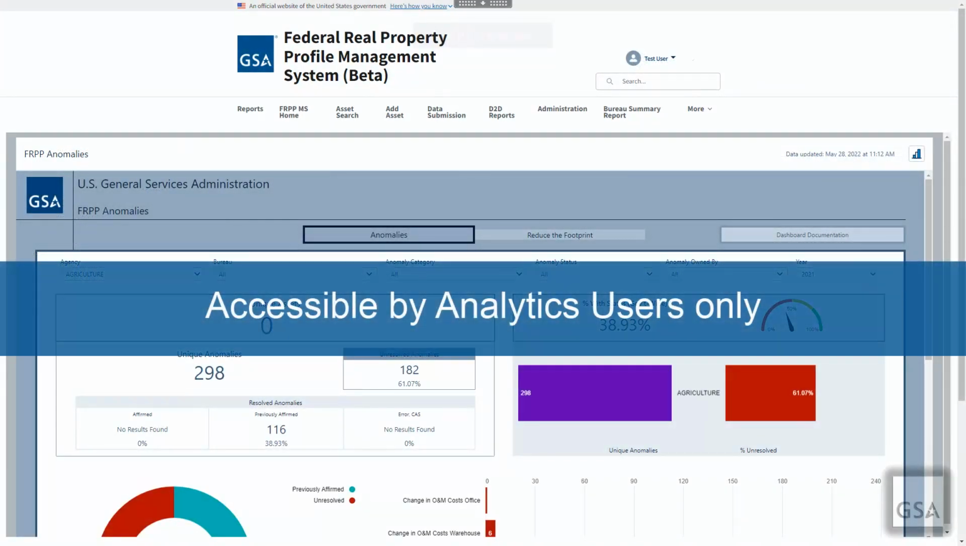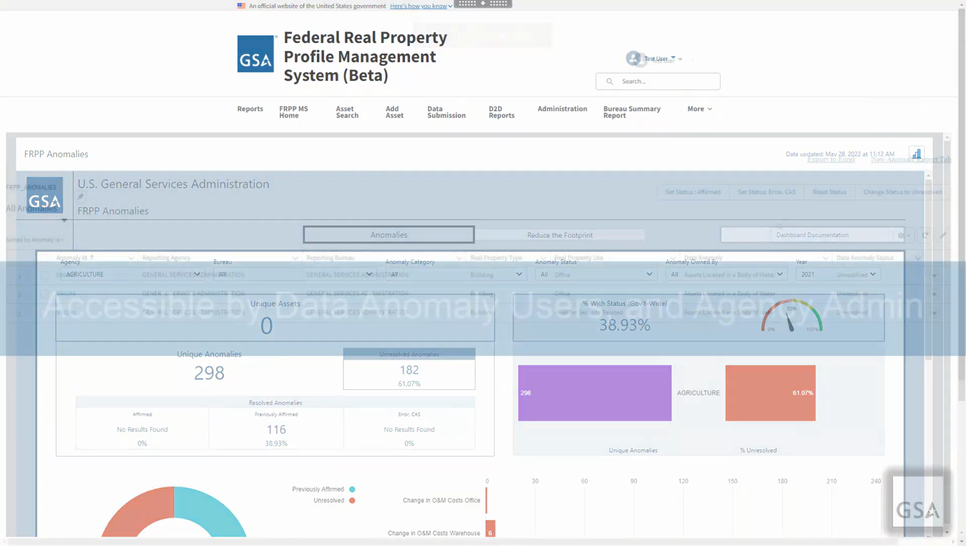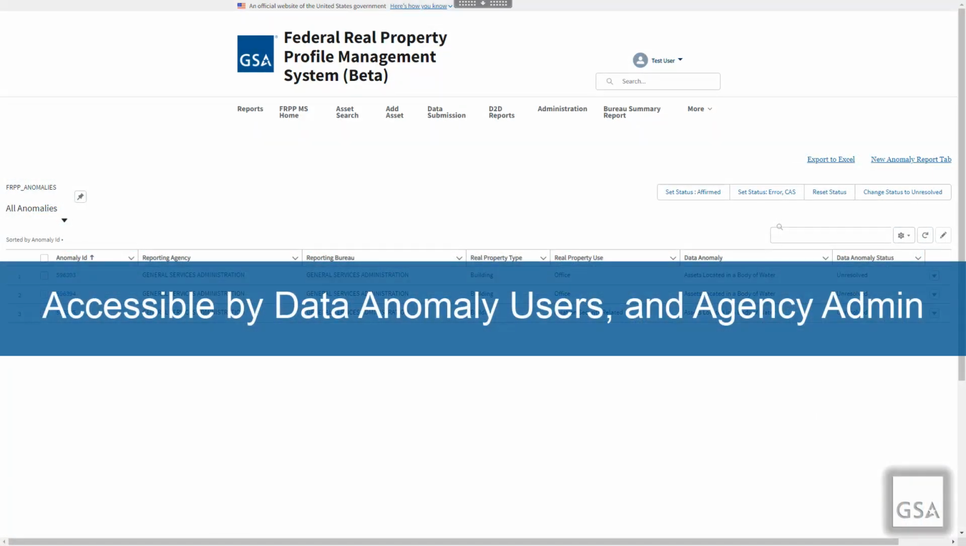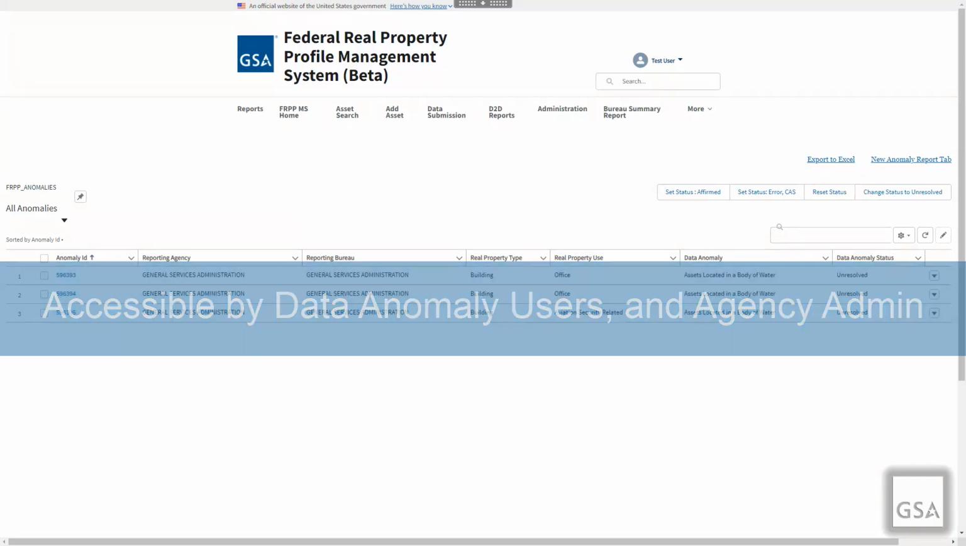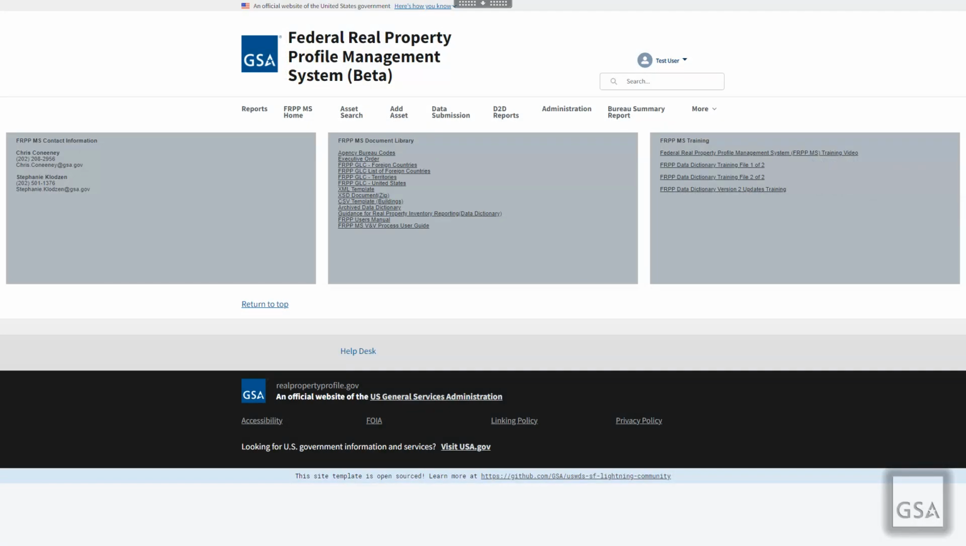The Dashboards tab is accessible to analytics users only and presents a data-rich analysis of your agency data anomalies as well as the Reduce the Footprint detailed summary. The Anomaly V&V tab is accessible by data anomaly users and agency admins. This tab presents all records of data anomalies for you to review and allows you to update the status of the anomalies. The Training tab contains all the training documents, data dictionaries, and videos to assist you in successfully completing